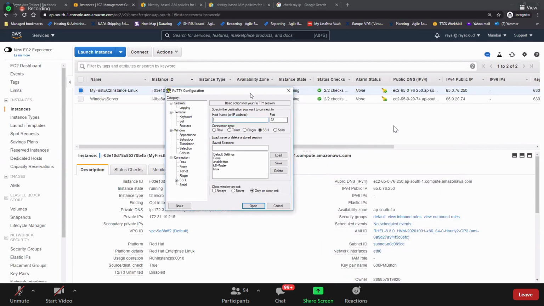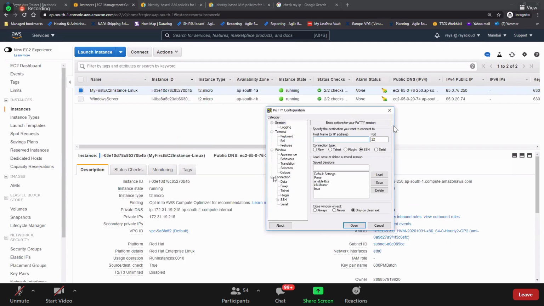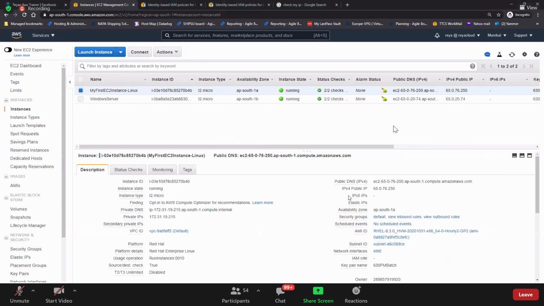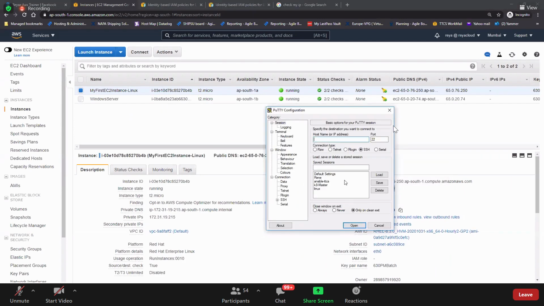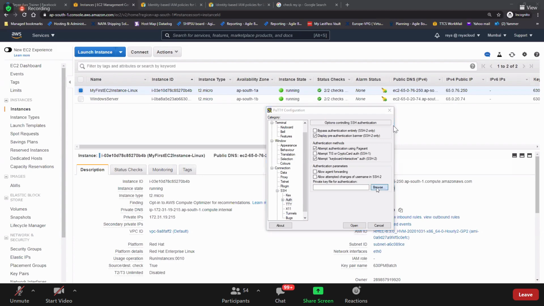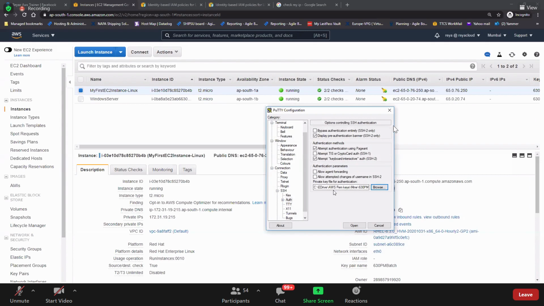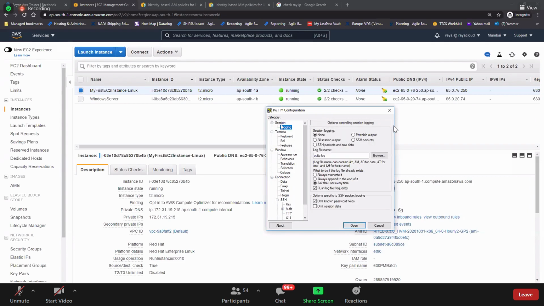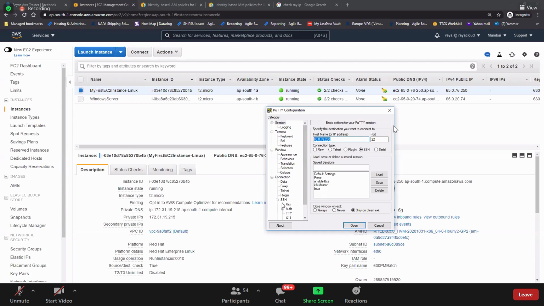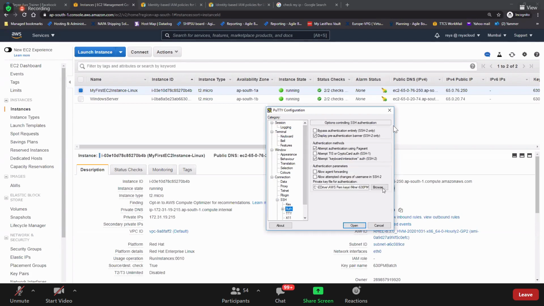Nice. So now, let's go and connect. It is asking to put the IP address. How to get the Linux IP address? Go there and grab the public IP and put it over here. On the left side, here we have SSH. Expand that SSH, click on auth. Here you need to give your PPK file, the one which we have just created. That's all you need to do. What we did here again: put your IP address here, expand SSH, select auth, and then select your PPK file in the browser here.